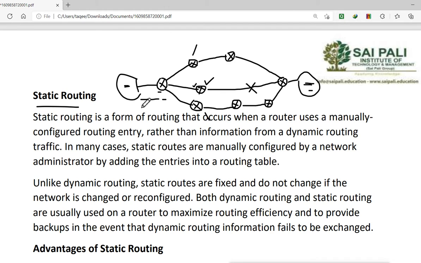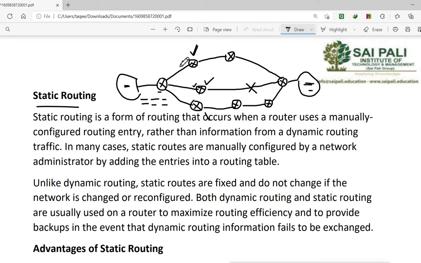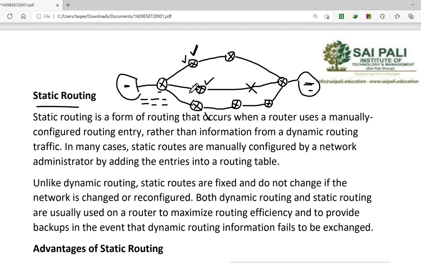It has to give a new command with the network, the subnet mask, and now it will use the second path, the other first hop address. Let's say this is the second best path. So next time, if this path goes down, I will use the new path. I will give the new command and mention this first hop address. Now I have to do this manually because it will not happen automatically. This is also a problem of static routing.